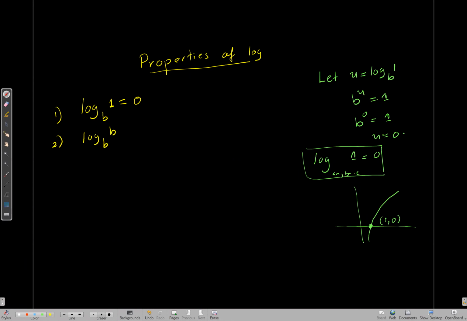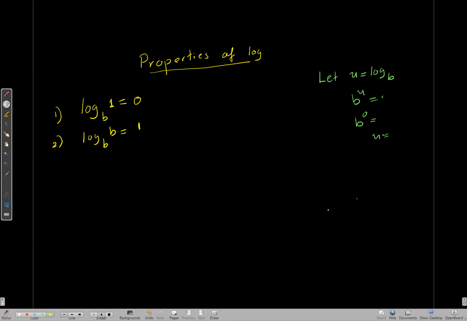log base b of b, that is 1 because b raised to which power is b? That is just 1, right? You can verify this exactly like here. In this case, let u be log base b of b. So we have b to the u equals b, but we know b to the 1 equals b, so u equals 1, right? And the third property,